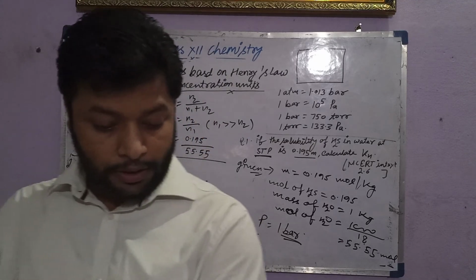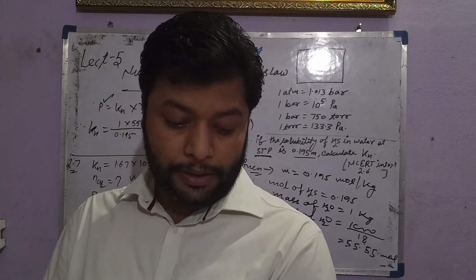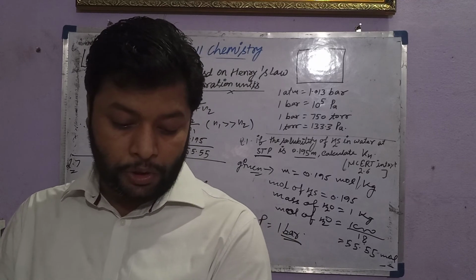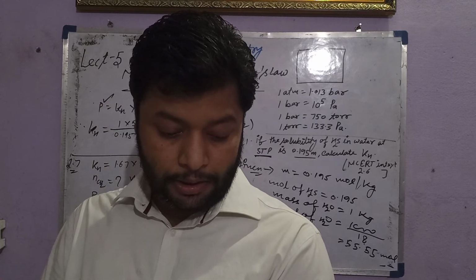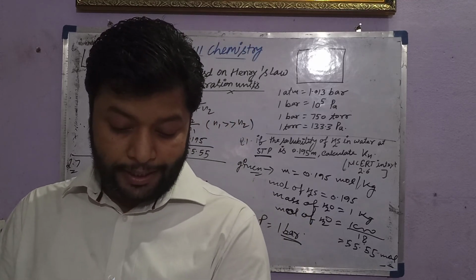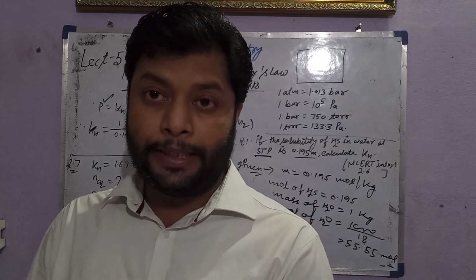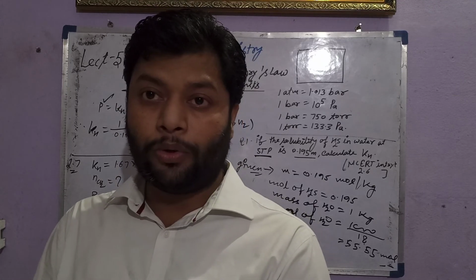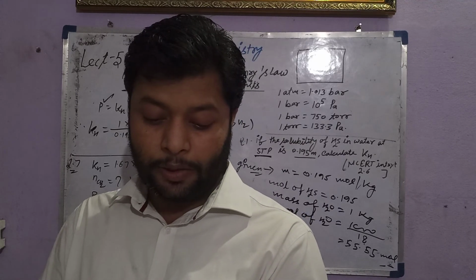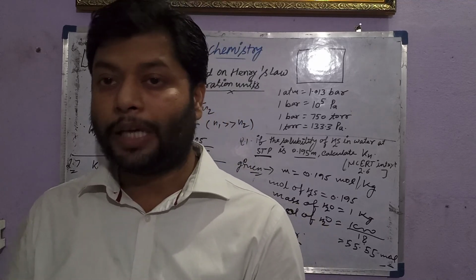Write the questions. The first question: 100 centimeter cube of a centimolar solution of an acid contains 0.098 gram of the acid. Find the molecular mass of the acid. The second question: calculate the molarity of a solution of 93% H2SO4 mass by volume, when the density of the solution is 1.84 gram per centimeter cube.